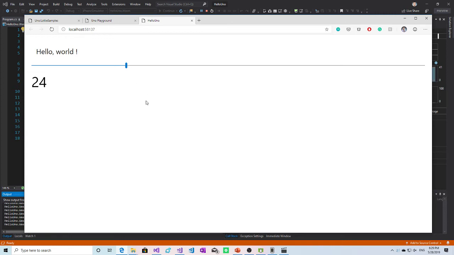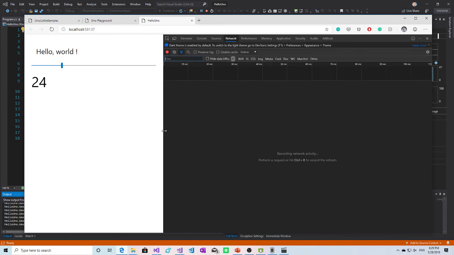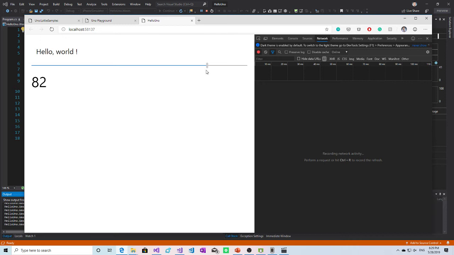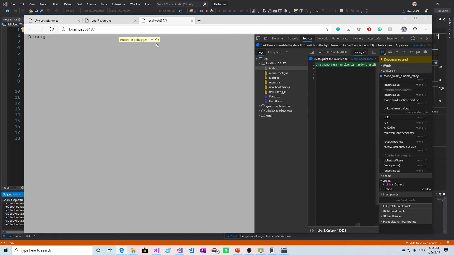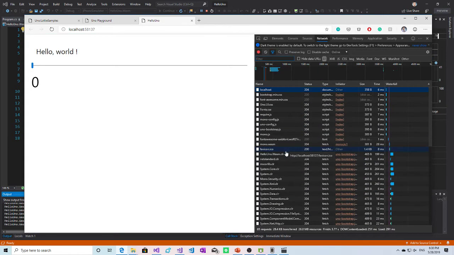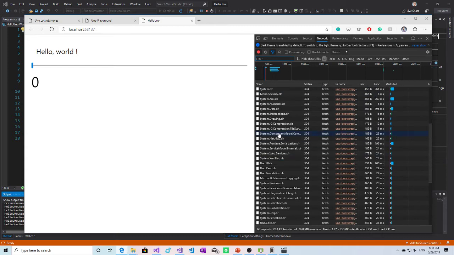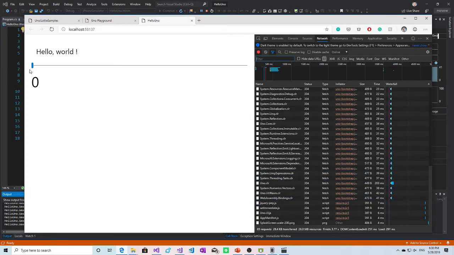There is no server-side component needed. This is pure WebAssembly at work. I will just show you as proof that there is no network communication going on. It's all running directly in the browser. As further proof, you can see that the browser downloaded Mono WebAssembly, and then our application as WebAssembly, and then a lot of .NET components and dependencies. So this is a pure XAML project running in the web browser.